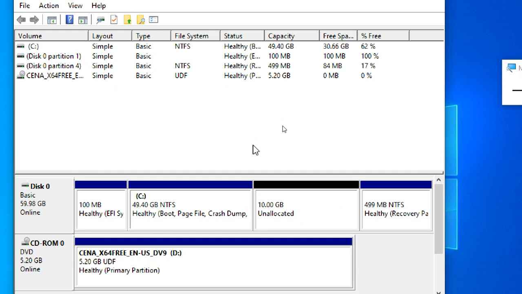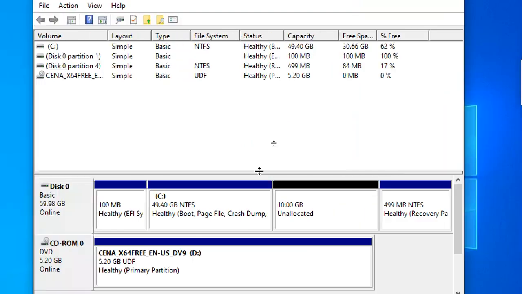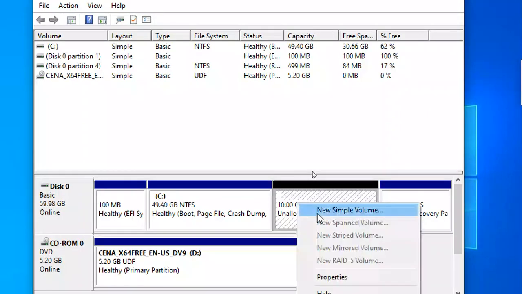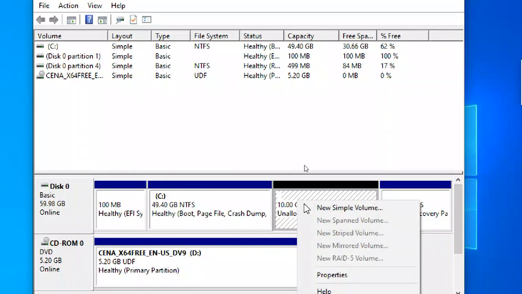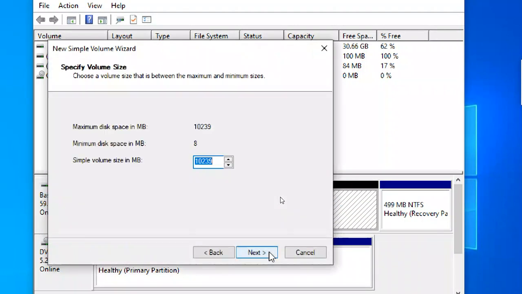Now you can see 49.40 GB for the C drive and 10 GB unallocated. In the unallocated space I can create a simple volume. Right click on the unallocated space, go to New Simple Volume.